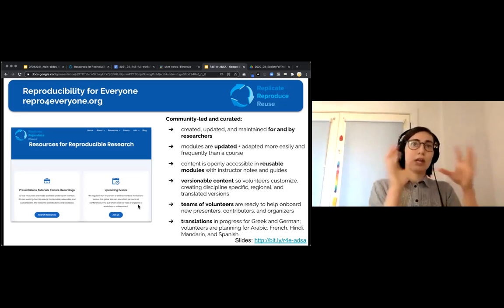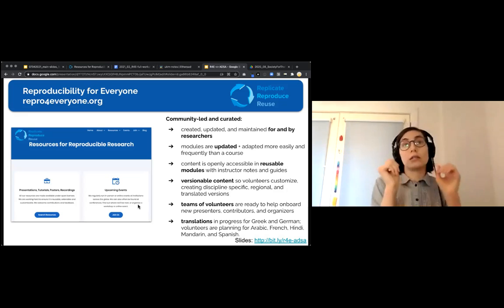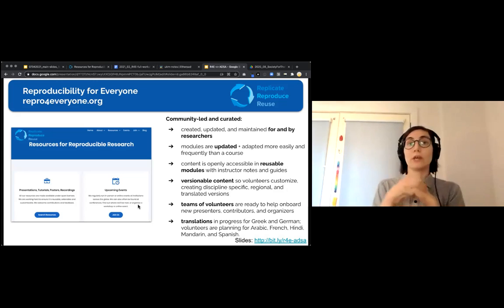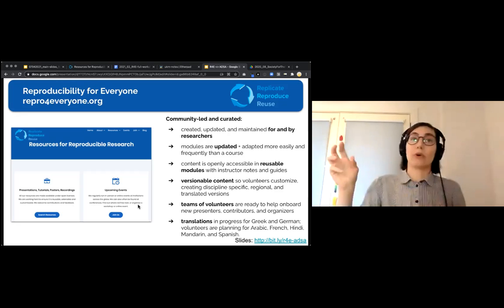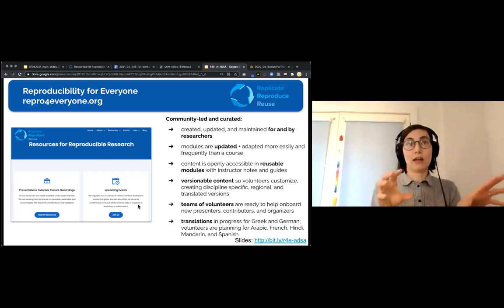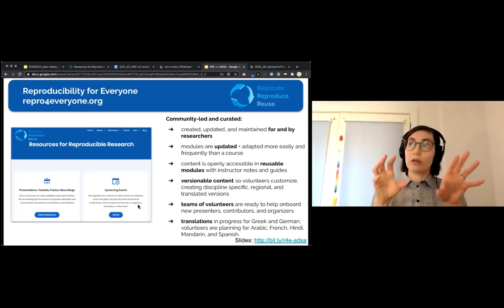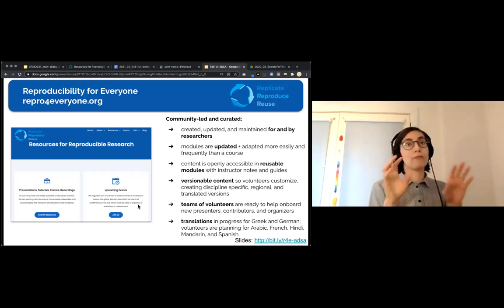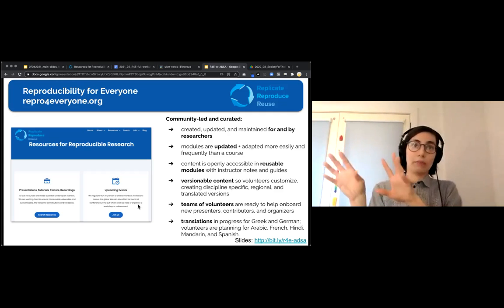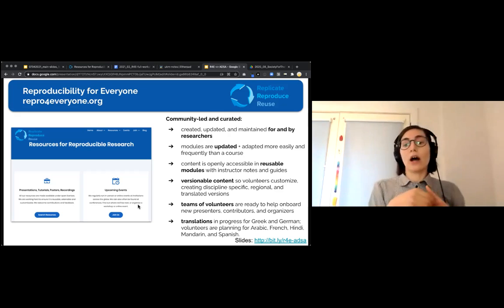They curate it based on the audience that's going to be there, and also based on their own experiences with reproducibility. So if somebody says, this tool worked so well for me during my PhD, they add it in. The instructors themselves have final say on the content as long as it doesn't violate any of our code of conduct rules.